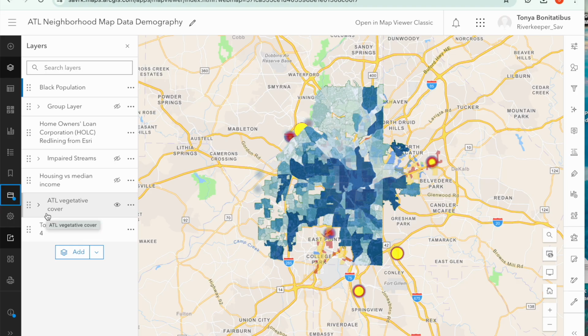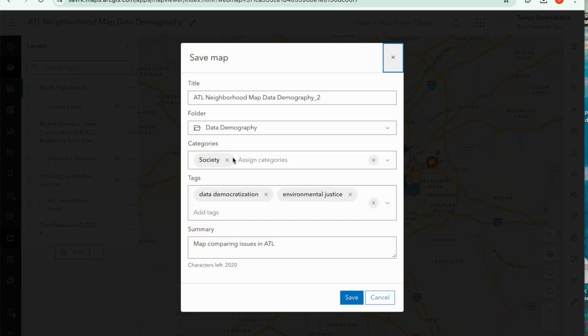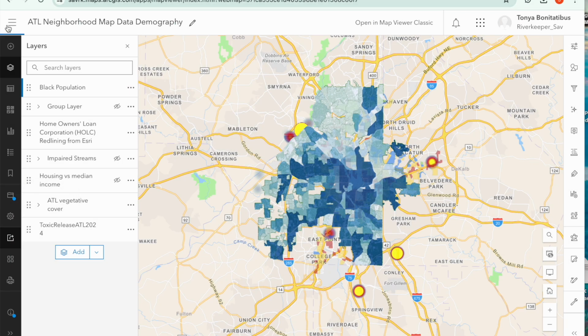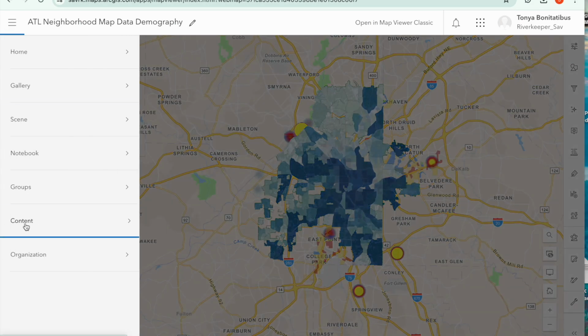We're still trying to share. I can fill out my information and then I will save that over into my file. And then when I get into the next map, it becomes very easy to upload those. So just to see what that looks like, when I go into my content panel,